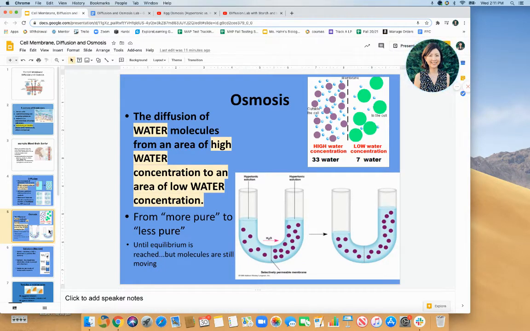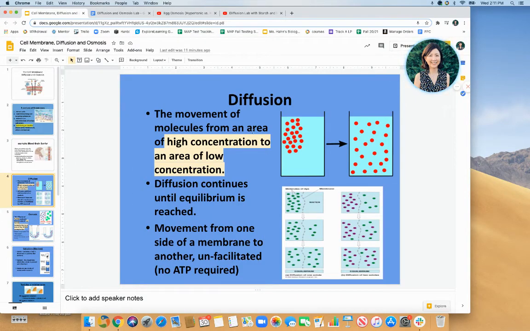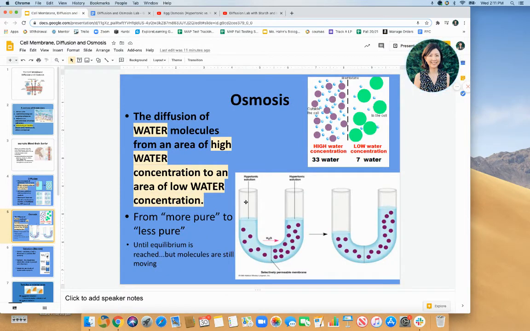Now we're going to look at osmosis, which is just the same thing. It's diffusion, but it's diffusion of water. So instead of talking about these little things floating in the water diffusing, now we're just going to look at how water moves across a membrane. And the way water moves across the membrane is the same way, except this time we're just talking